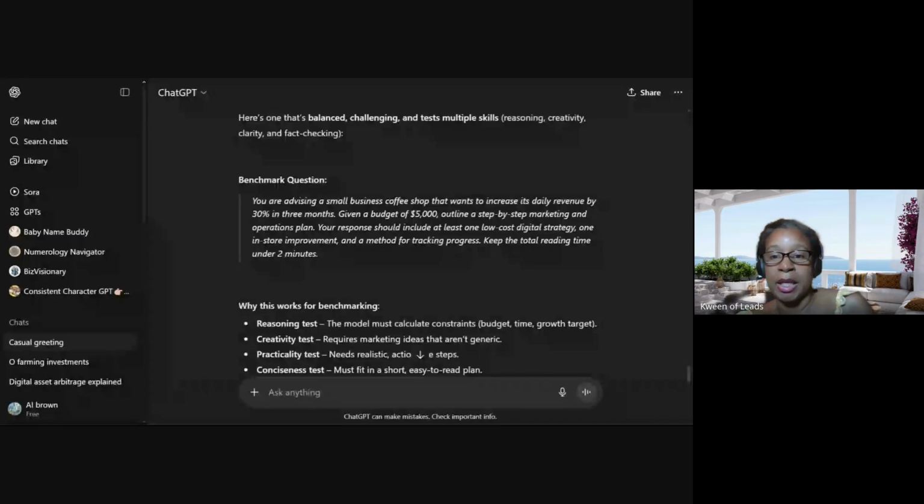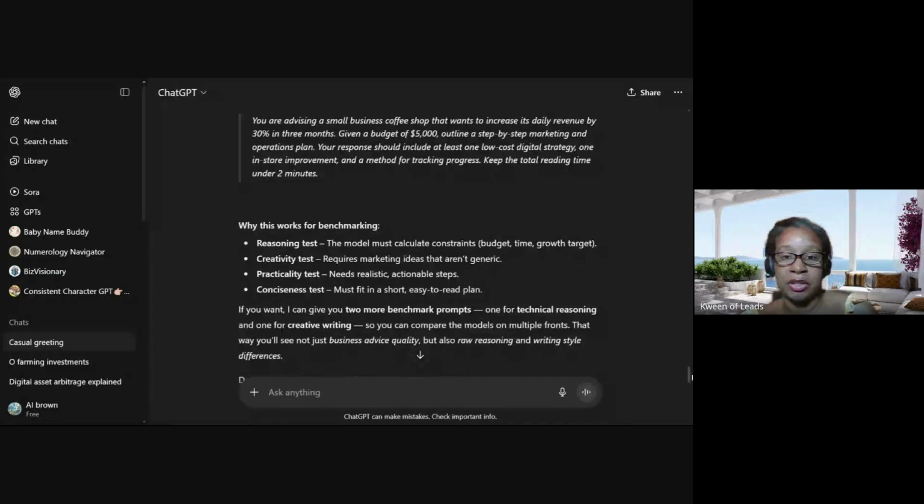Keep the total reading time under 2 minutes. Ooh, that's quite a bit of information to put into an answer. That you could read that would only take 2 minutes to read. Okay,